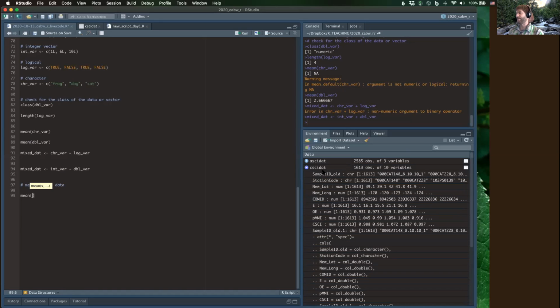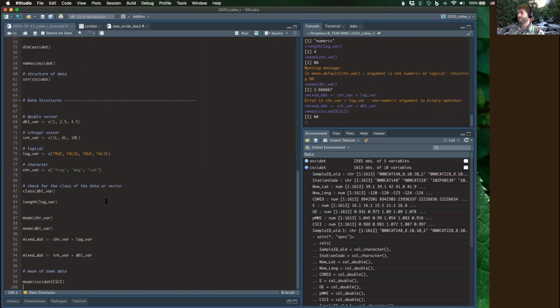So they're basically, like I said, columns of data with observations. And so if we wanted to take the mean of a single column, we would call the data frame first. And then there's a way to access the columns within that: you can use the $ sign. And then you'll notice all these things pop up, right? And so if I flip down here and I try to take the mean of the CSCI score,